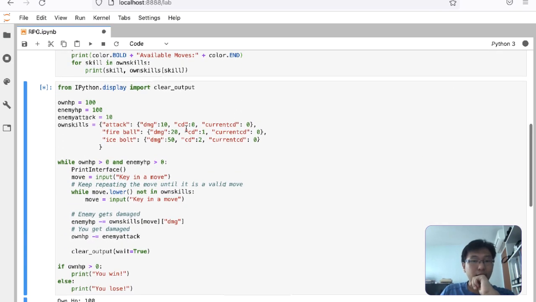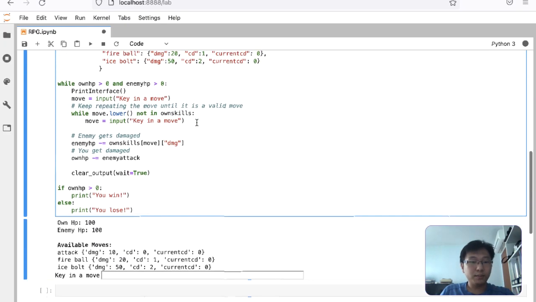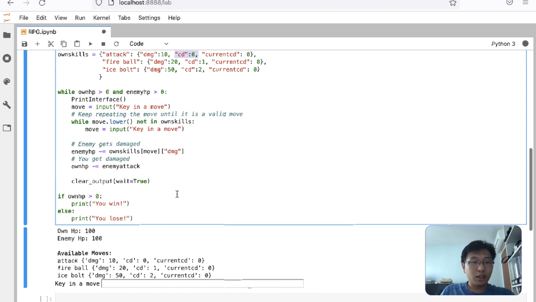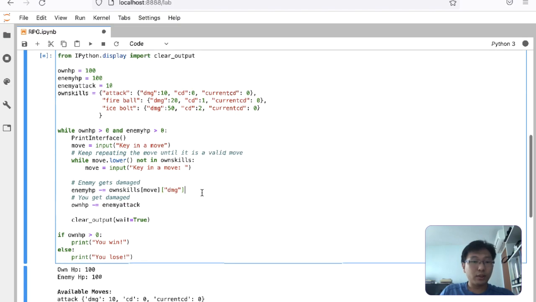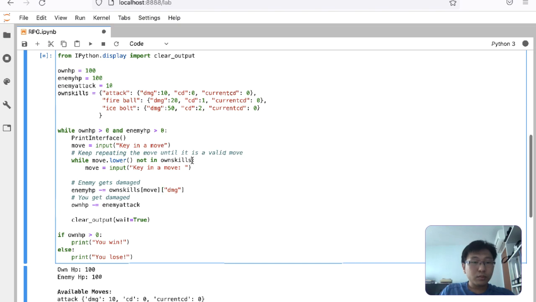So I think now I just need to do some cooldown, the cooldown for each of these moves. So let's see. How do I do this? Okay, clean a move like that. Okay, I do want to incorporate the cooldown now. So okay, and own skills move. Okay, and then over here will be,